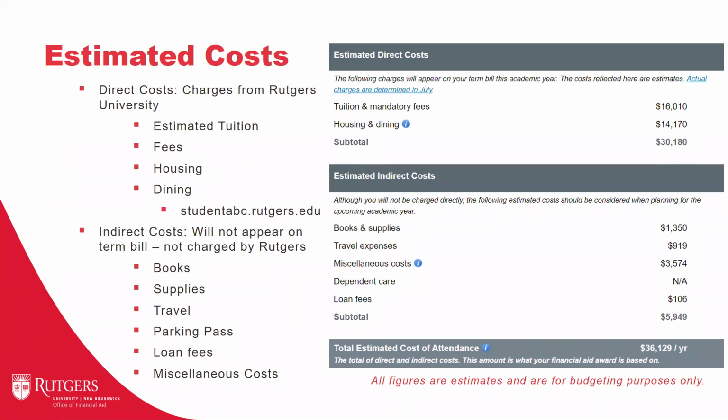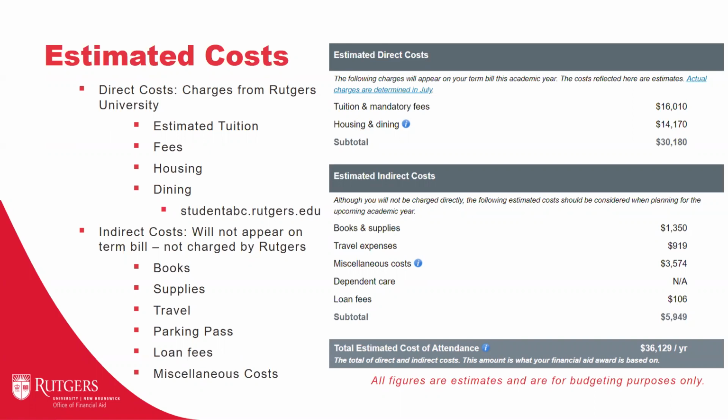If you are awarded the federal loans, whatever you see on your award letter, your loan amount is going to be just slightly different on your term bill, and that is because your loan fees will be automatically taken out of your actual loans.